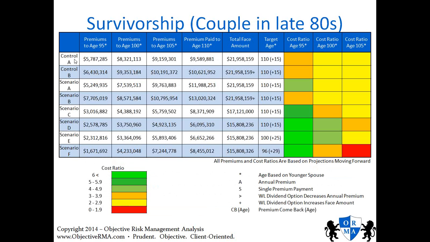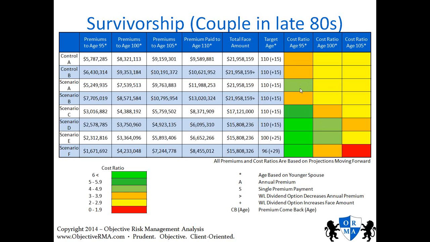This is best described just by looking at the actual premium optimization analysis. Essentially, what you have here is your control groups. This is what the client has right now. Based on the premiums that are going to be paid to age 95, age 100, and age 105, this is the face amount. And I have a target age in mind, so no matter what happens, the target age on the premiums will be based on this particular age. So you have a control group, and then you have your variables. In Scenario A, I might shift premiums from one contract to another and reduce the face on this contract and not that one. So these are all different scenarios that I have laid out.